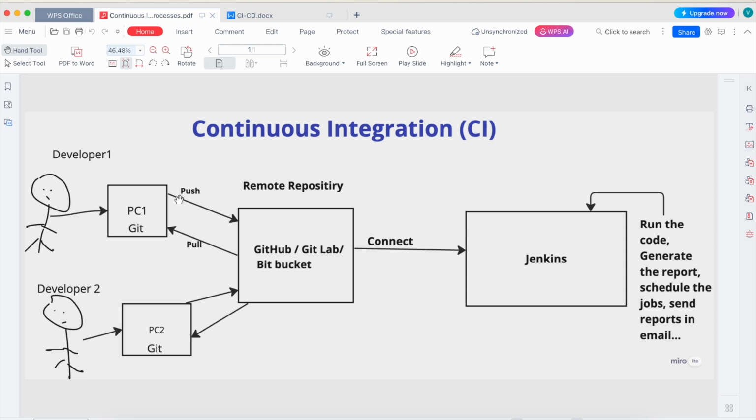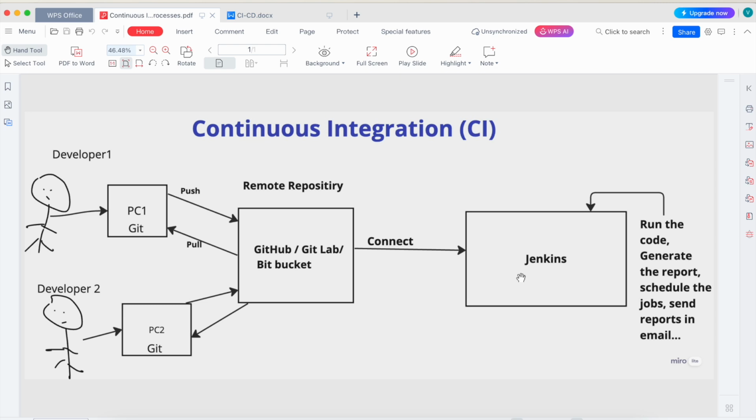So when multiple people are working on the same project, this process of continuous integration is very important for collaboration, consistency, as well as quality maintenance, right? So this process we will practically see how to perform. We need to have Git installed on our personal computer, and we need to create an account in any of these remote repositories. We will be using GitHub here, and then finally we will install Jenkins as well, and we will connect our Git to Jenkins, and from this